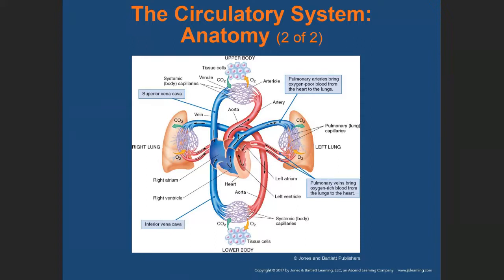And if you're looking at the diagram, you will realize that the left ventricle looks more muscular than every other chamber of the heart, right? So the left ventricle is the largest chamber of the heart